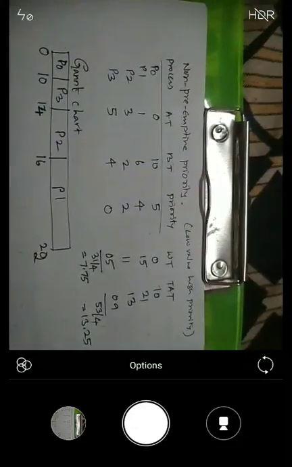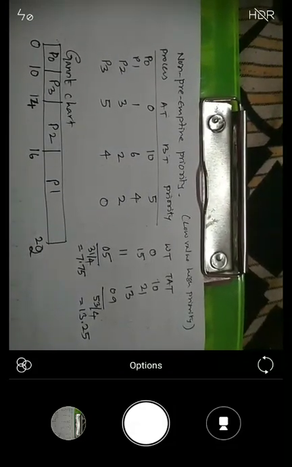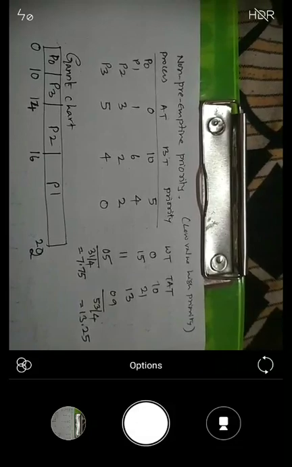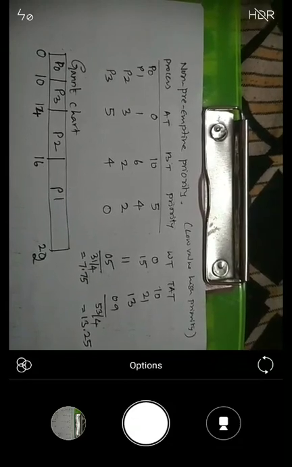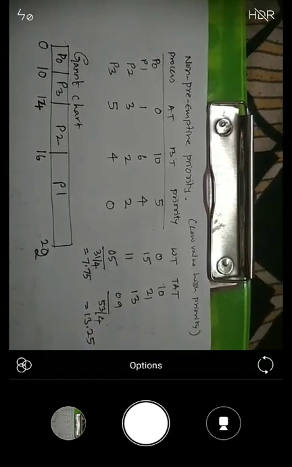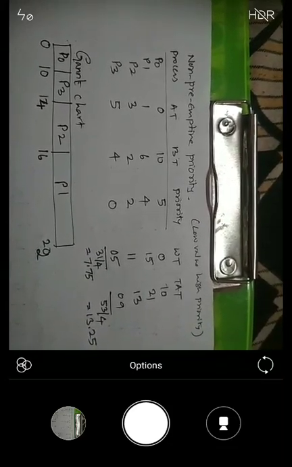Dear students, good morning. Today we shall continue with our scheduling algorithm concept. Earlier we have already seen FCFS, then shortest job first. In shortest job first we had two different flavors: one is preemptive and the other non-preemptive. So also in the next type of algorithm, which we call priority based scheduling algorithm, wherein also we